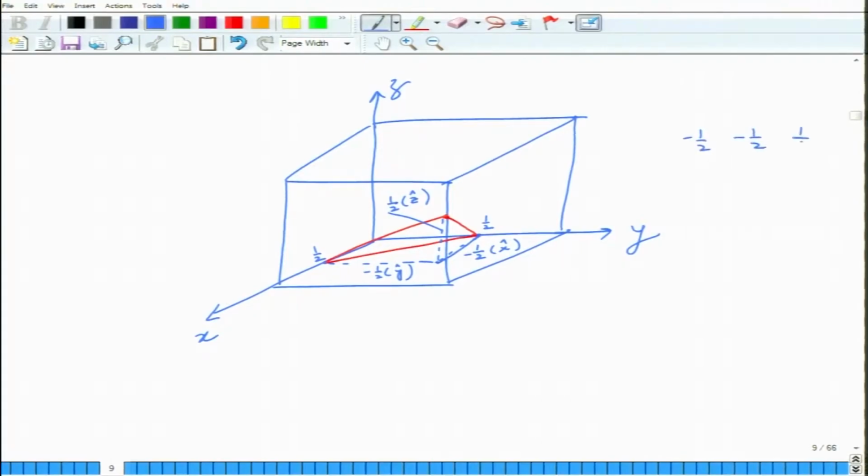If you take the reciprocal, this becomes minus 2, minus 2, plus 2, or this is nothing but minus 1 1, so this is nothing but 1 bar 1 1. So, what is the 1 bar 1 1 plane? Basically the 1 bar 1 plane will be this and that. So, if I put these together,